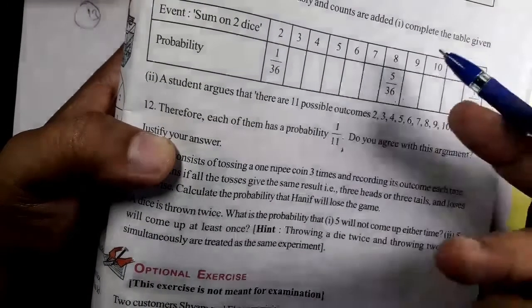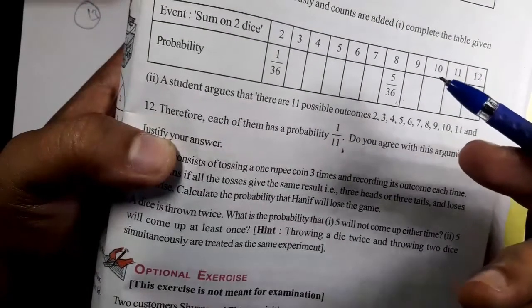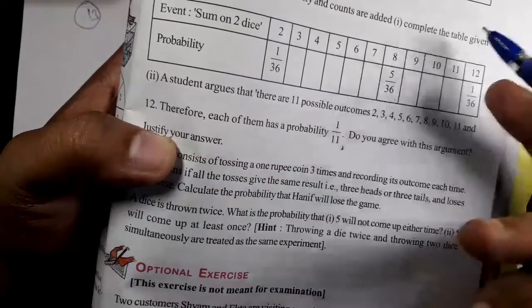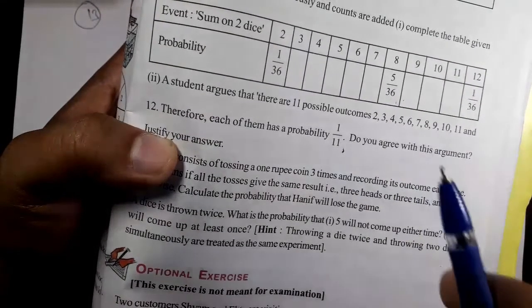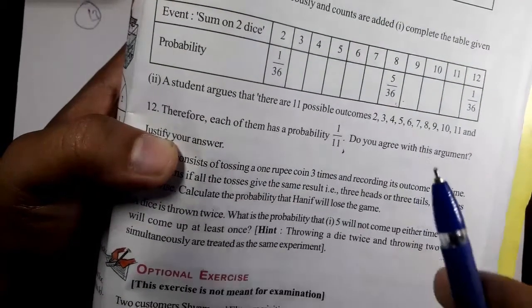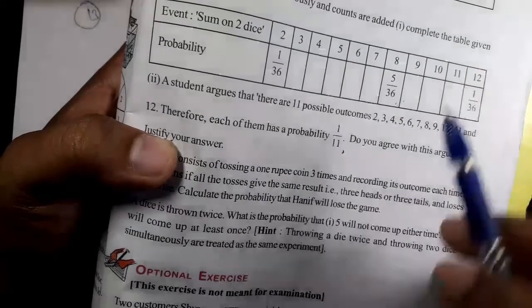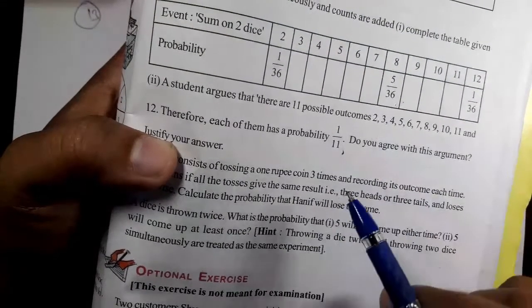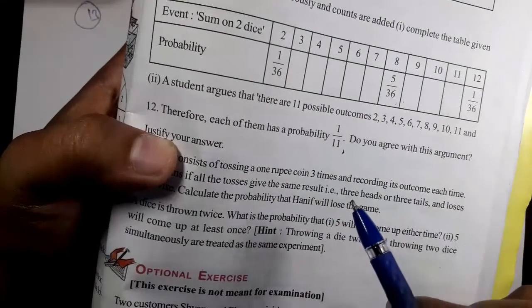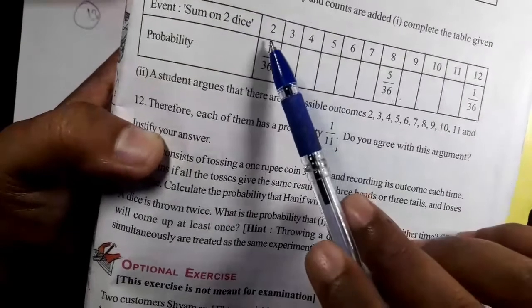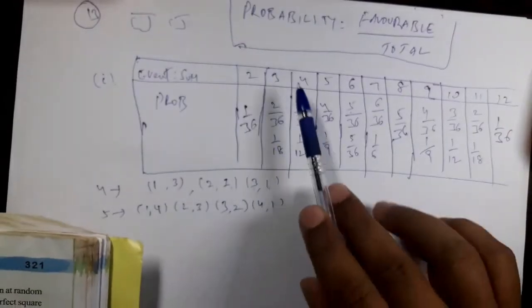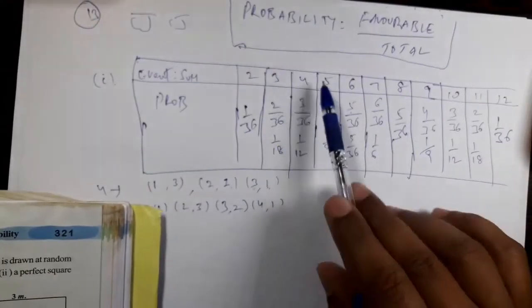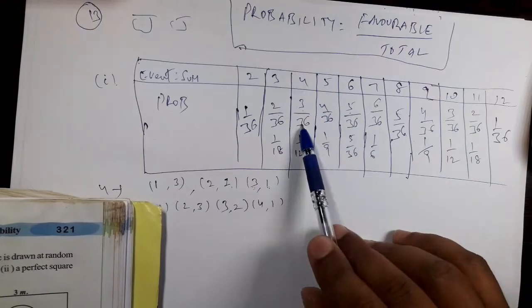When you roll a die, in that case also 6 possible outcomes are there. Getting 1, getting 2, getting 3, and so on, they all are called equally likely outcomes. Why? They have equal chances of occurring. Probabilities are also the same, 1 by 6, 1 by 6, 1 by 6 and so on. Here in this case, what is the probability of getting 2 as sum? 1 by 36, we have seen just now. Probability of getting sum 3 is 2 by 36. Probability of getting sum 4 is 3 by 36 and so on.